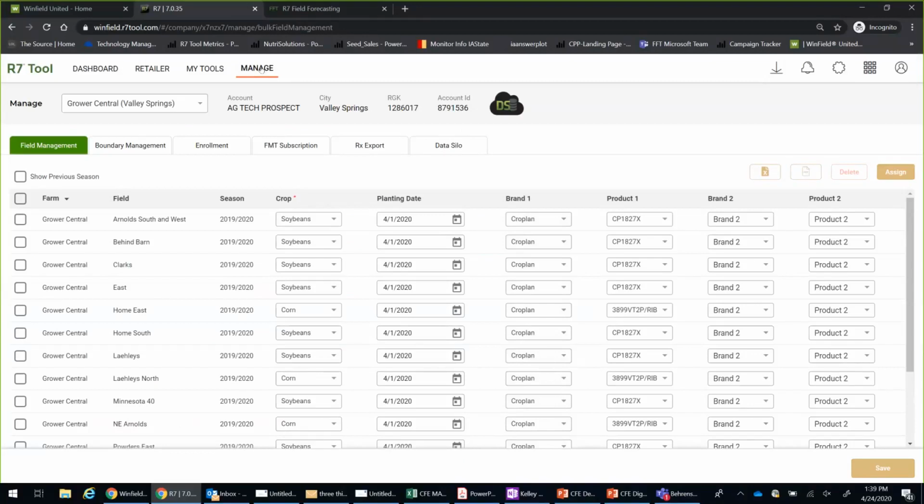one by one. So you can see here, we've got all of our field lists, the current season, the crop. So again, I can go ahead and just edit these things. And like we said earlier, you can just type everything in, so you don't need to scroll through the whole list. Obviously putting in the planting date. Right now, we just have something in here. That way we can show it as a demo for the field monitoring tool.